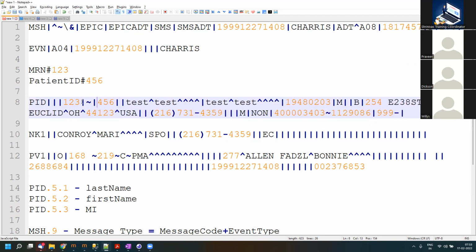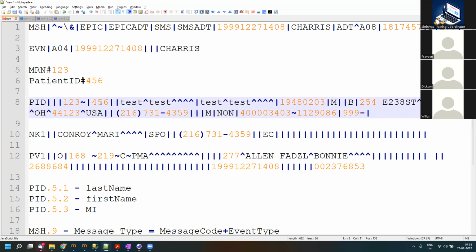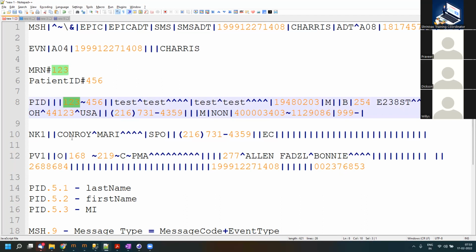This is just for understanding. You will not have an existing pipe anywhere being represented. So whenever you have repetition, it means that this entire PID3 field has repetitions, and there are two repetitions right now. Each repetition is called a full-fledged complete field,